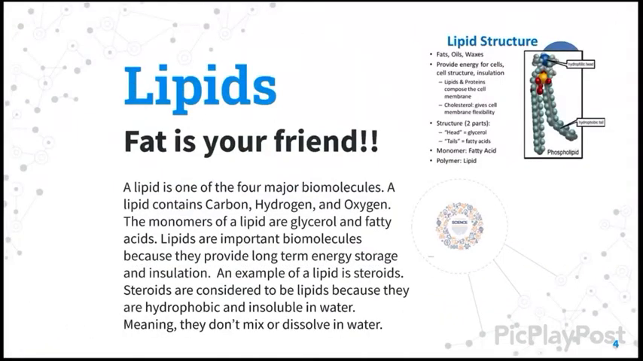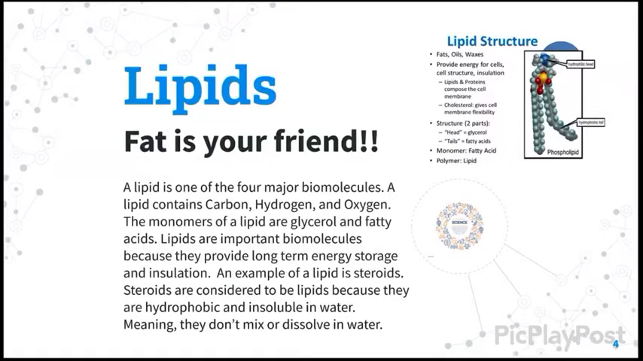Lipids. A lipid is one of the four major biomolecules. A lipid contains carbon, hydrogen, and oxygen. The monomers of a lipid are glycerol and fatty acids. Lipids are important biomolecules because they provide long-term energy storage and insulation. An example of a lipid is steroids. Steroids are considered to be a lipid because they are hydrophobic and insoluble in water, meaning they don't mix or